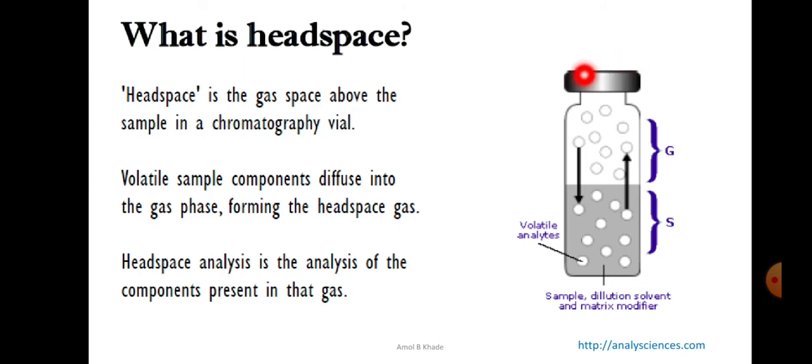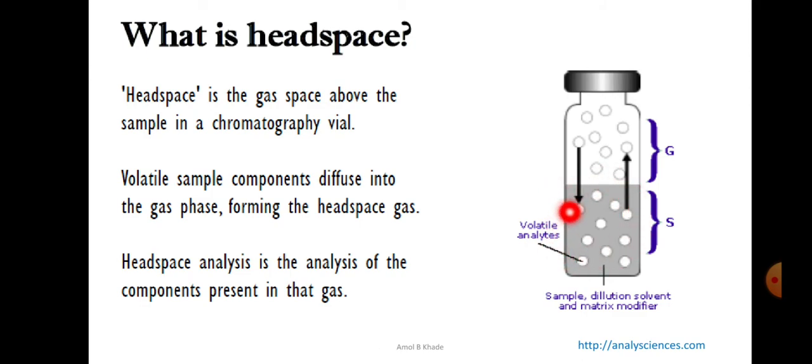So here we have shown the chromatographic vial, and what we usually do with those samples which are highly volatile, like essential oils or residual solvents, is this: these samples are very difficult to handle because they might get evaporated even at atmospheric temperature, and then there is a problem of reproducibility when we are injecting those samples into a column. So what we usually do is take these samples and put them in specially designed chromatographic vials, as I have shown here, and we fill these samples only to the half portion of this bottle.